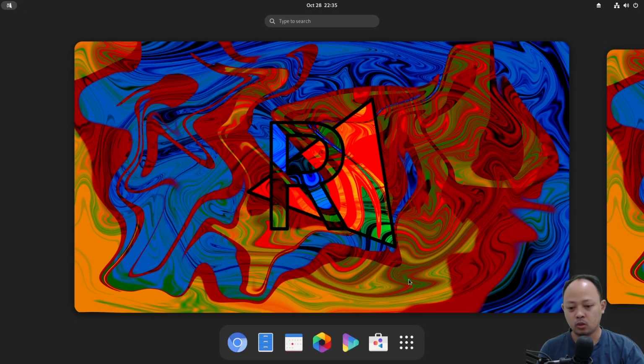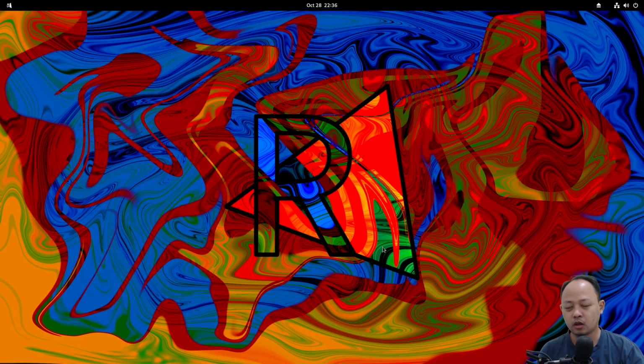And the one I like from RisiOS, RisiOS uses the GNOME desktop environment as the default version. In my experience, when I use GNOME desktop and then I did the upgrade from, for example, Fedora 34 to 36, I had no problem.